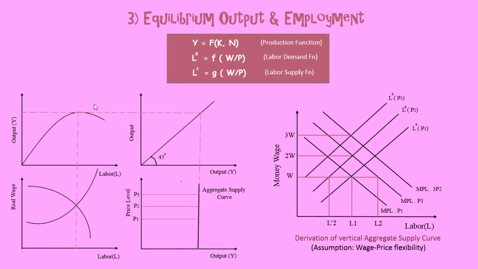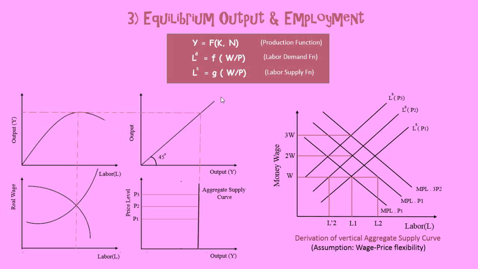Now we have this production function as a function of labor, and using this relationship, if we draw a 45-degree line like a mirror image in order to translate this output level on both the axes, like on here we have only output on the vertical axis and we have labor input on the horizontal axis. Now in order to make the output on both the axes, that is the horizontal axis and the vertical axis,